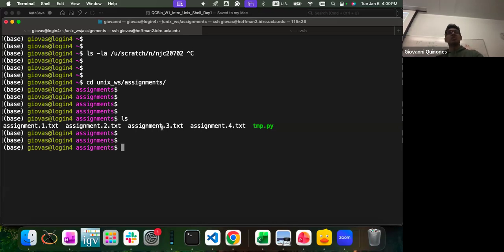Now, you may be wondering, what's the point of that? How is that any useful? There is software out there that will, for example, look for the most recent files and use those files as input, just as default behavior. So if you want to change the modification time of your files, instead of adding random modifications, you can just touch that file and it will change the modification time.